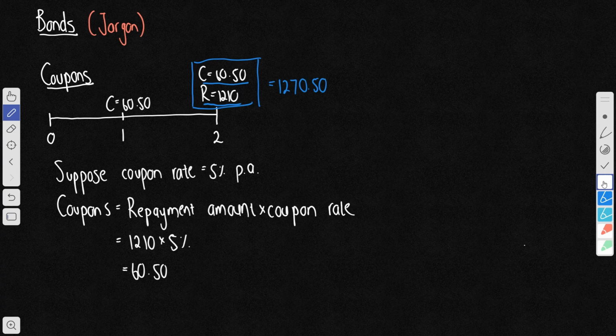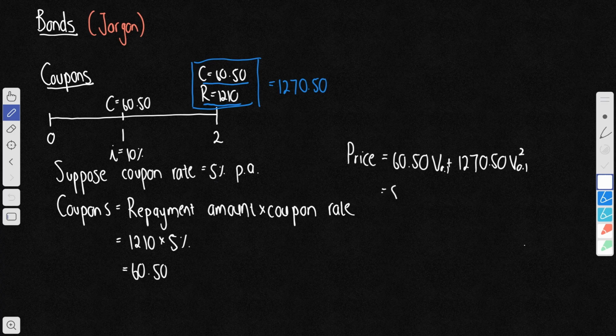So we can write price as the following equation. The first coupon of $60.50 discounted for 1 year plus the total payment at the end of year 2 discounted for 2 years. Remember that the interest rate was 10% for this particular example, and so that is the rate that we use in our discount factors. This is equal to 55 plus 1,050, which is